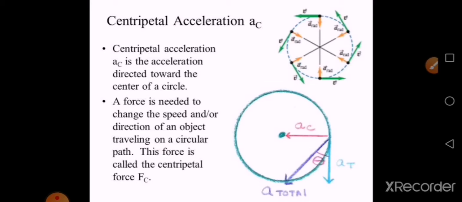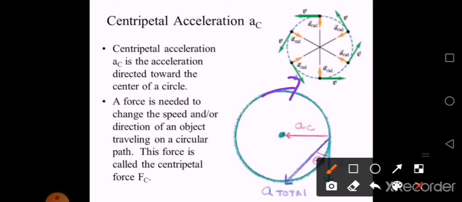Now when you talk about centripetal acceleration, when a particle is performing a uniform circular motion, you know that in a circle at each and every point the tangent is going to change, that is the direction is going to change continuously, isn't it? And we have already said that in a uniform circular motion the speed remains constant, isn't it? Even then, due to this change in direction at each and every point, velocity changes continuously.